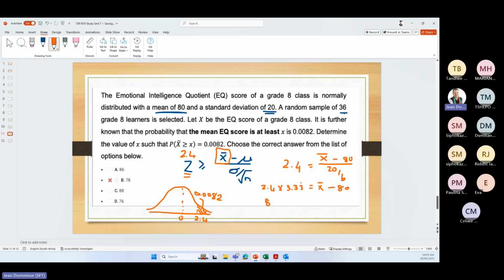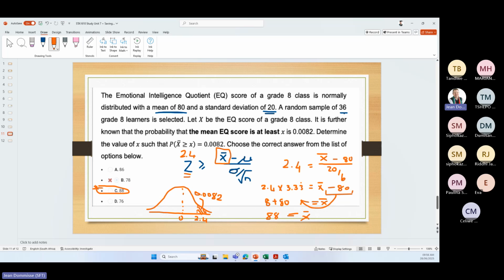Awesome. I also got 8. Then the minus 80, we're going to take to the other side. So we're going to say plus 80 on both sides. So 8 plus 80 is your mean. So your mean is 88. Okay, which is then the option